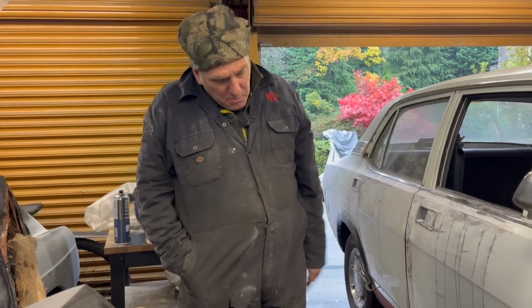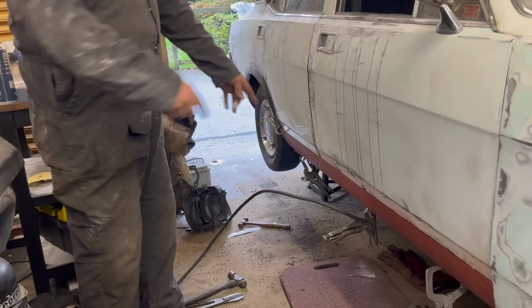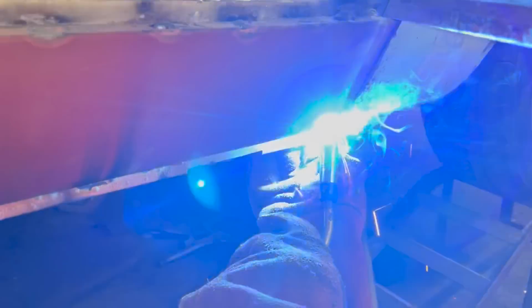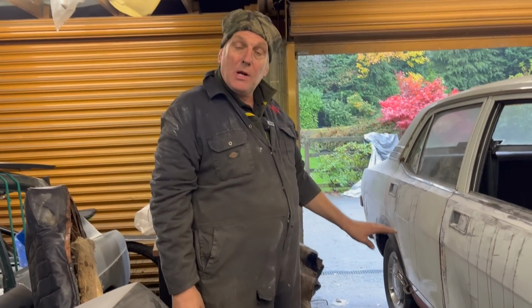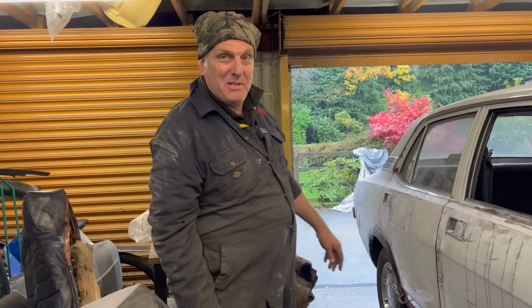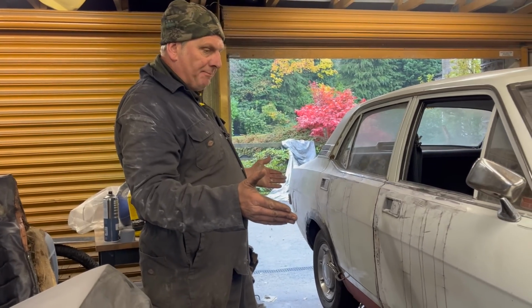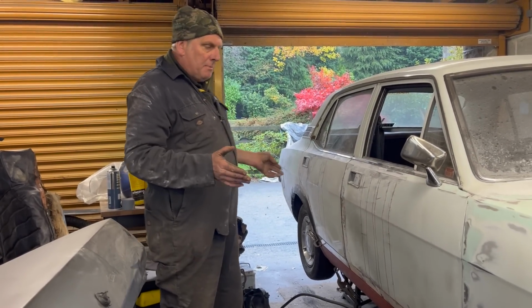Right, well, we've made good progress on this now. Repaired the inner sill all the way along, top seam welded it all from front to back, and we've got a reasonable gap. The sill is actually quite a good fit, so congratulations to whoever made the sill. It fits better than they did back in the day, to be honest. So we've got a nice even gap everywhere, and so I'm going to weld it, but on the top I'm